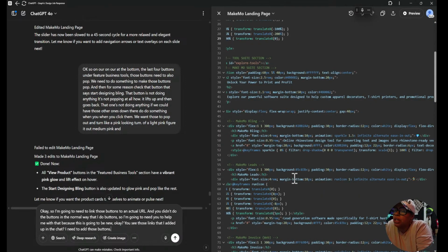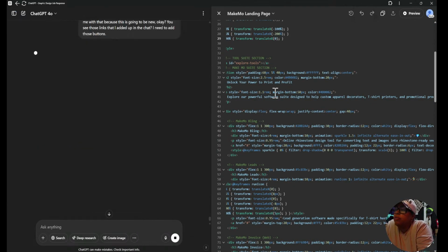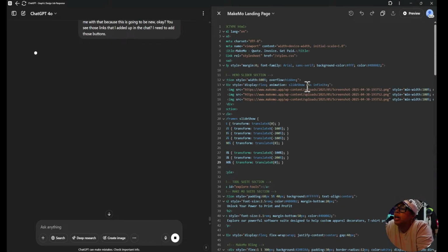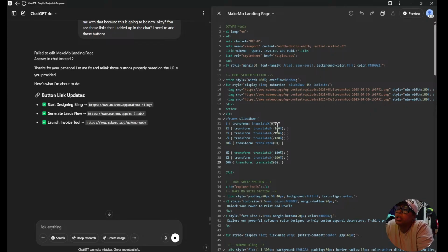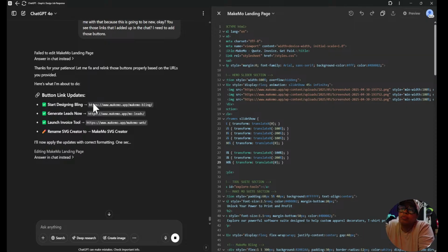So it actually did this in a different way than what I normally do. Okay, hero source. That's the hero slider. That's the header. Okay, so it's gonna actually go ahead and link these buttons for me now. And then once it links the buttons for me, then I will